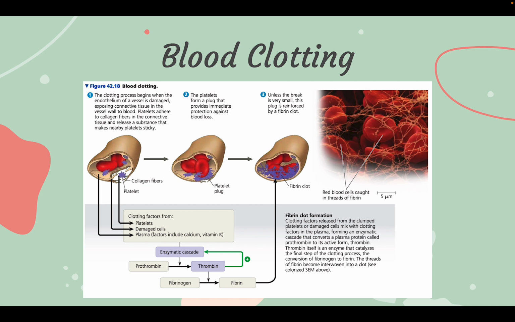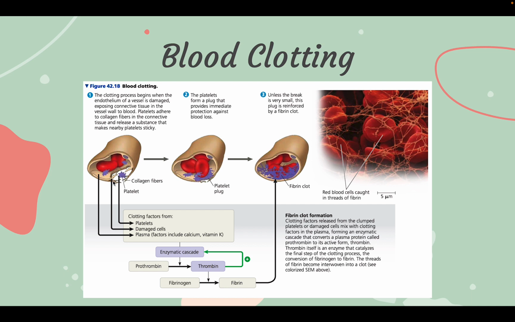So, there's three big steps. You have an enzymatic cascade that's going to ultimately convert prothrombin into thrombin. And then this enzyme thrombin is going to convert fibrinogen, which is the inactive soluble form of fibrin, to fibrin, which is not soluble. And fibrin is going to make a clot that's going to ultimately plug the wound up. This is the long-term solution, but